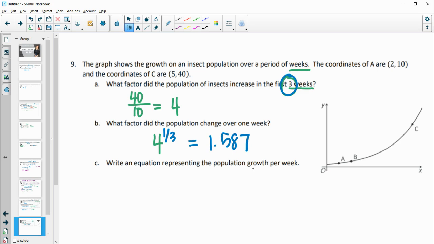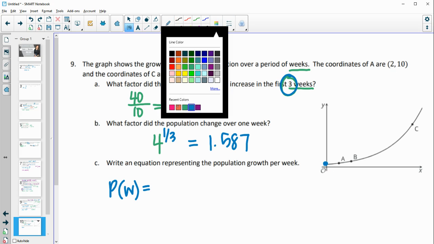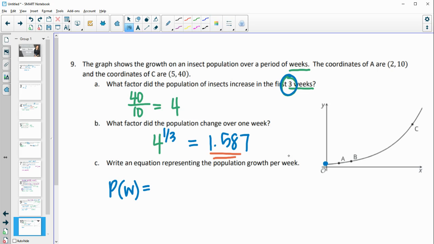So write an equation representing the population's growth per week. So population per week is going to equal the initial population, which we need to figure out. We don't have the initial population, so we're going to need to go back to figuring out what this initial population is. We can do that using this weekly growth rate. So we're going to take our population here, 10, divided by this weekly growth rate to go back. So 10 divided by 1.587